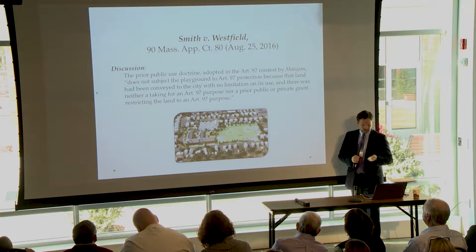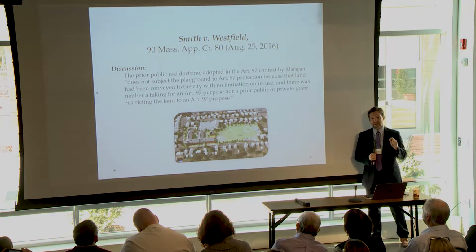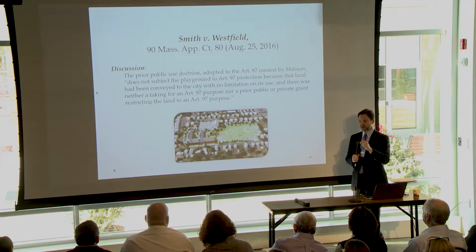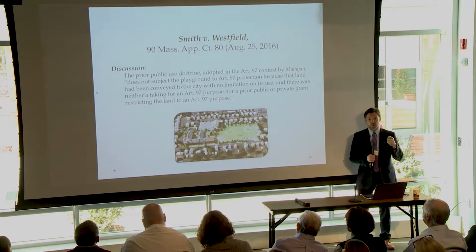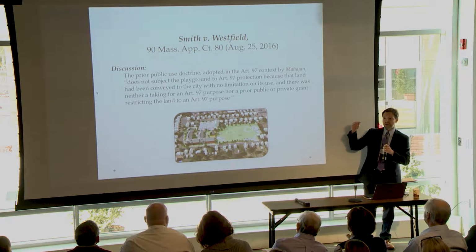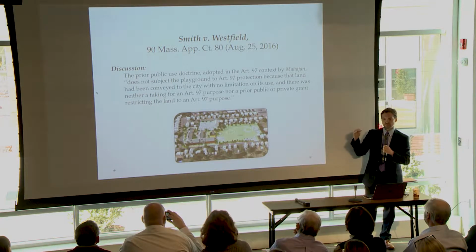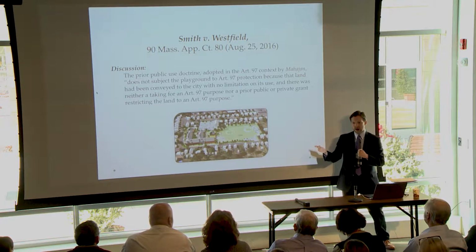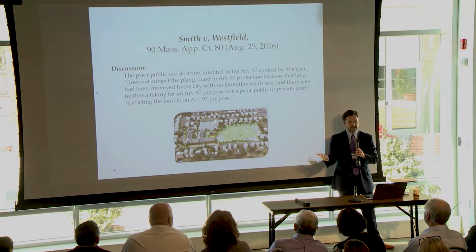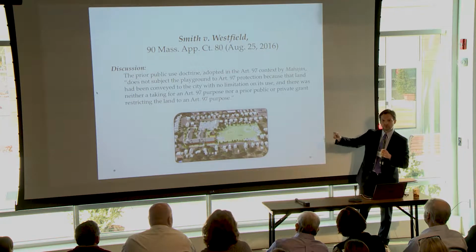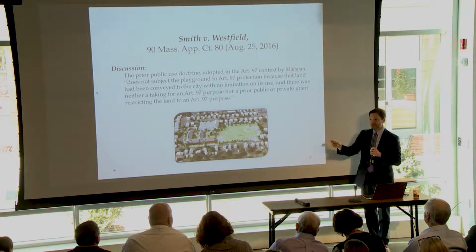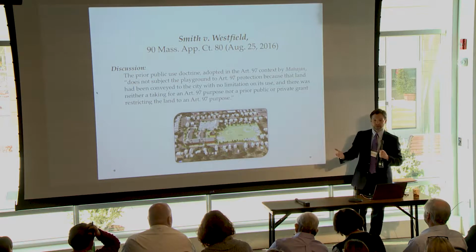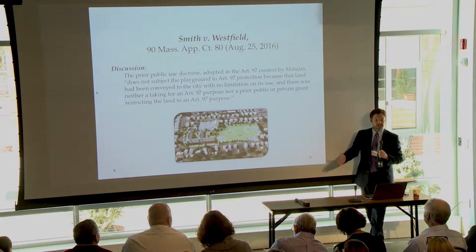So really, again, what the appeals court ultimately pinned their decision on was a reading of the Hansen and Mahajan cases discussed earlier, which in the court's view required something in the chain of title recorded at the Registry of Deeds for a property clearly saying it was taken or acquired or subsequently dedicated to Article 97 purposes. If you couldn't go to the Registry of Deeds and find something in that chain of title, no Article 97 protection. Now, in my view, that was contrary to some of the language in the Mahajan decision, but that's what